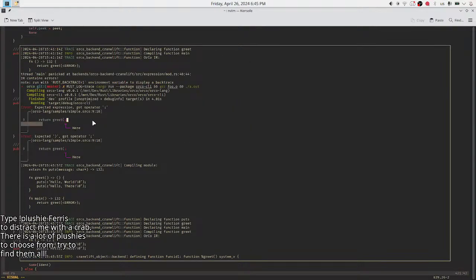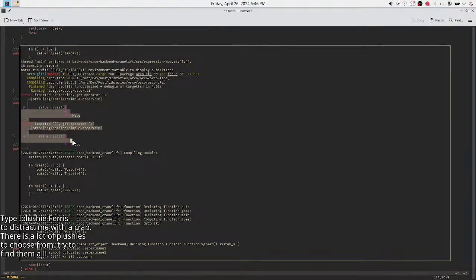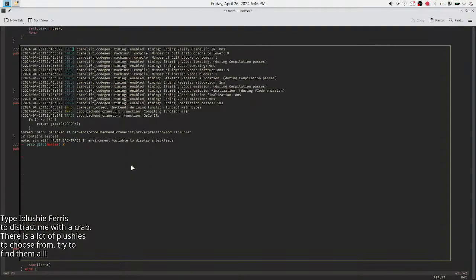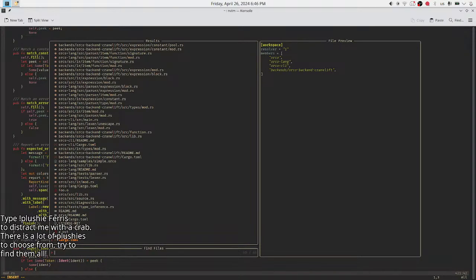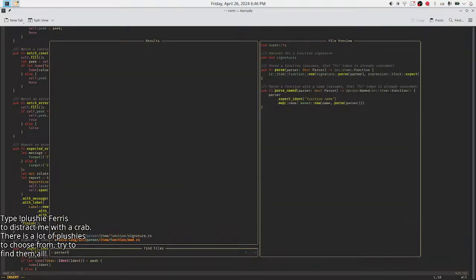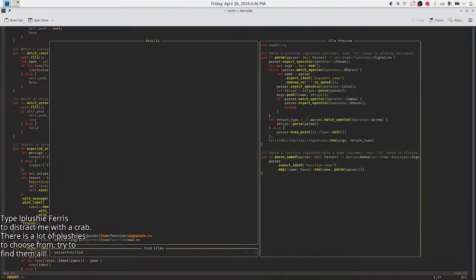Okay, so here: expected expression, got operator semicolon; expected closing parenthesis, got operator semicolon. I don't think it's supposed to work like that. I need to parse function signature.